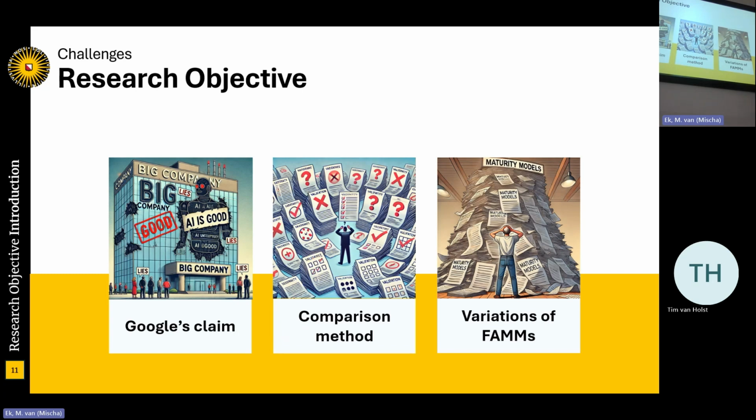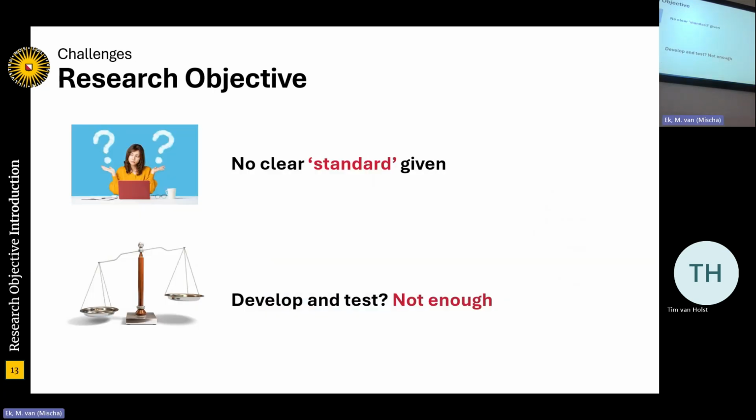This is not enough to just say AI-generated maturity models are better. You have to think about it, let's try to compare the bits. But if we're going to compare an AI-generated maturity model with a human-created one, how can we really compare it? And there's a lot of variations of maturity models. So if I'm going to compare one, I have to know if the comparison is right. These are a lot of challenges that are ahead.